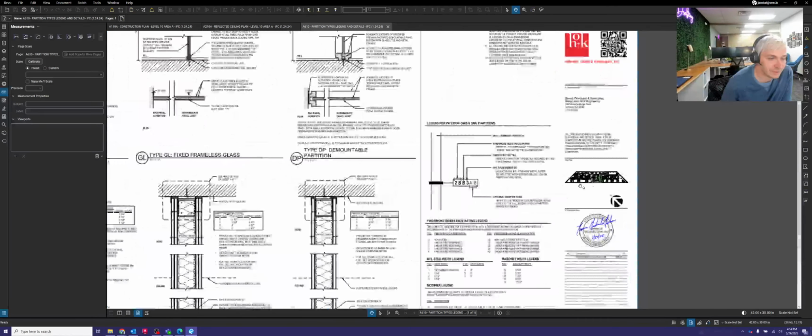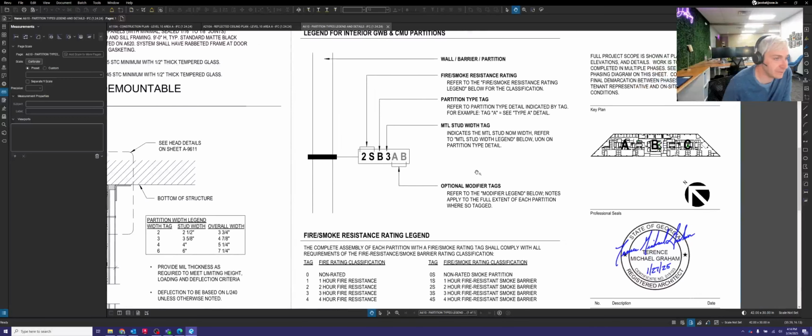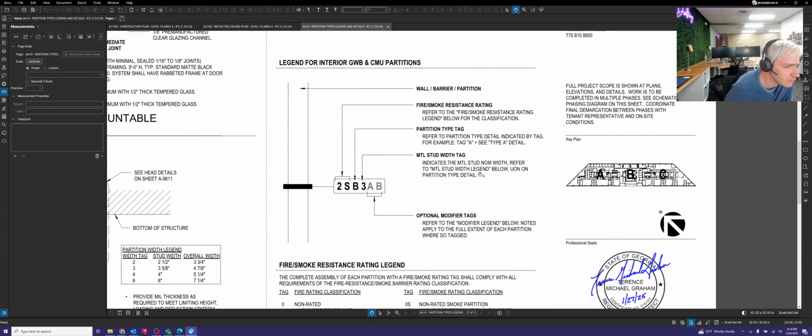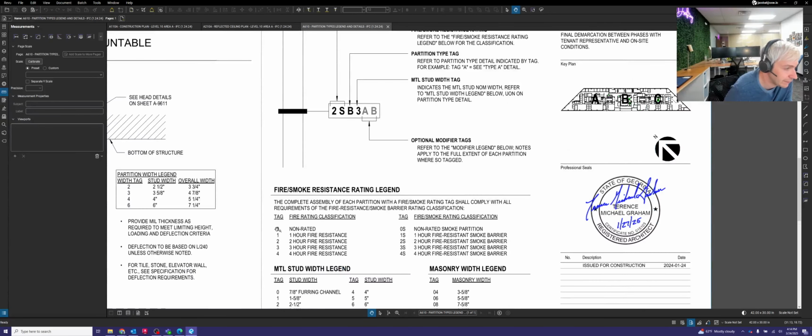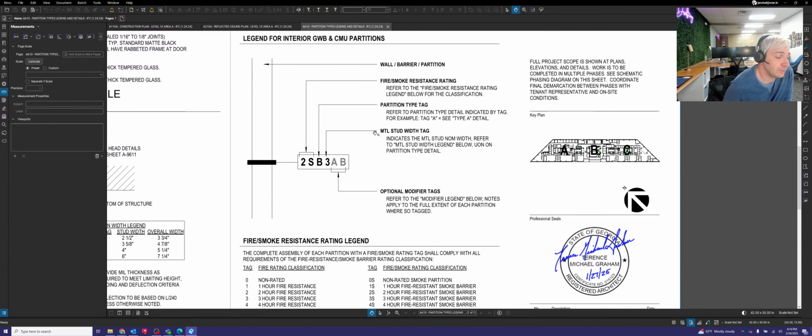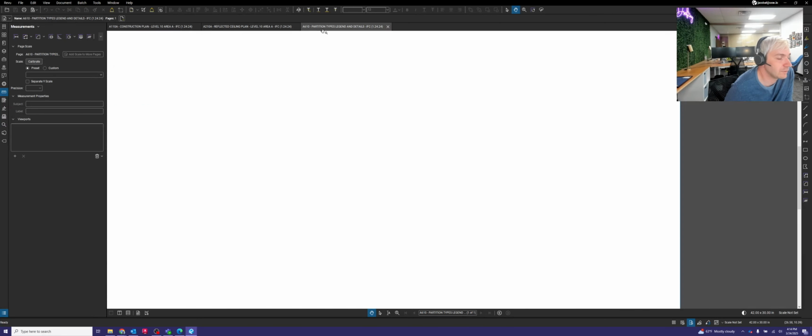All right, and so you can see over here, there's a little key that tells you how to read these. So let's see, the first digit is going to be the fire smoke resistant rating. If it has 0, there it is right there, it is not fire rated, meaning that it's not made to withstand a fire if there's a fire in the building. Okay, so moving on to the second digit here, the B in this example. I think ours was an A if I remember right. Yep, so second digit A,